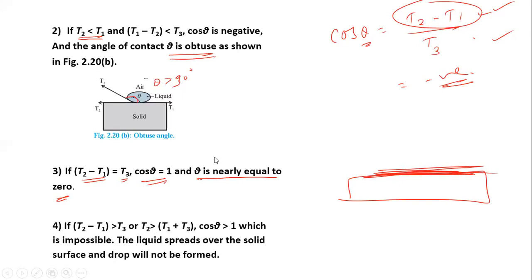Okay. Then the fourth case. The fourth case is T2 minus T1 greater than T3. If this is greater and this is smaller, then cos theta is greater